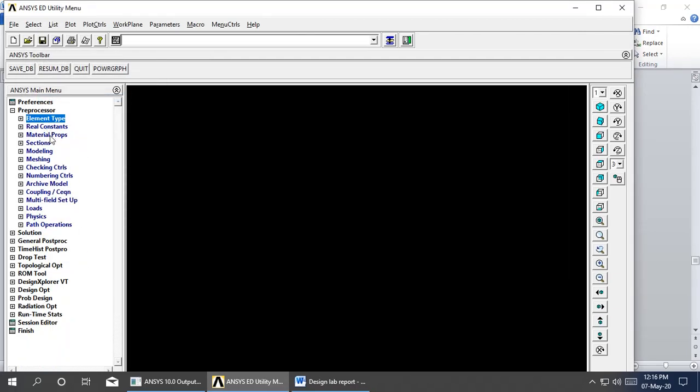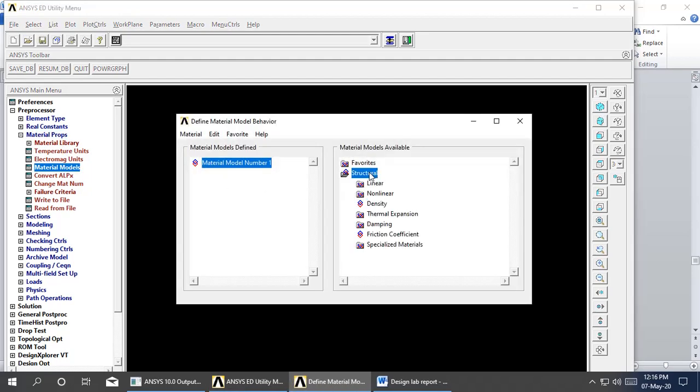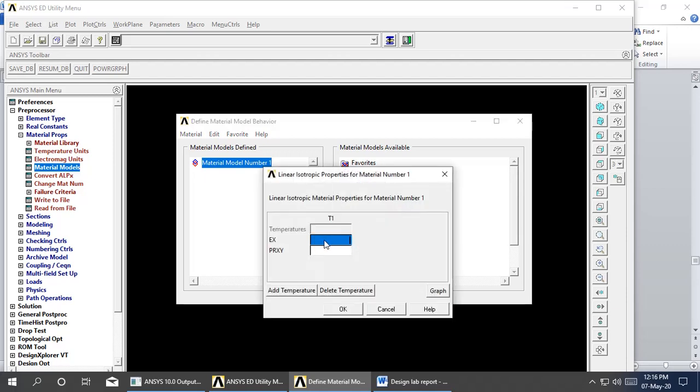Next go for the material properties, material models, structural, linear, elastic, isotropic. The Young's modulus of the mild steel is 2e5, and the Poisson's ratio is 0.3.